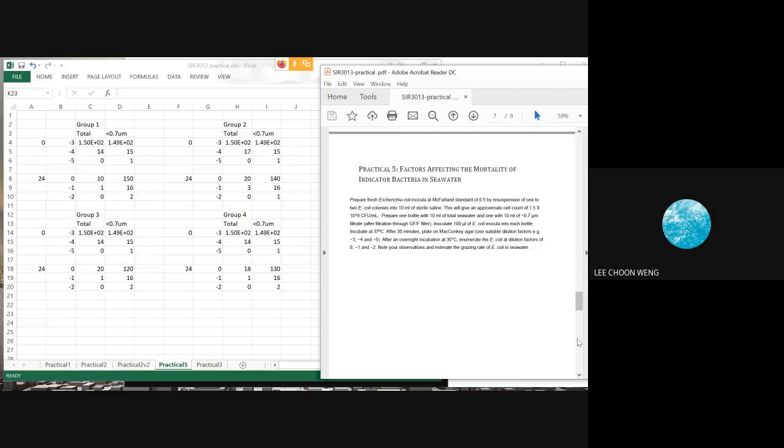So the question is, if the presence of E. coli indicates that there is fecal pollution, but E. coli